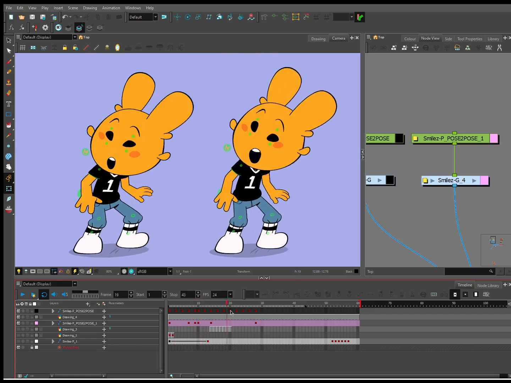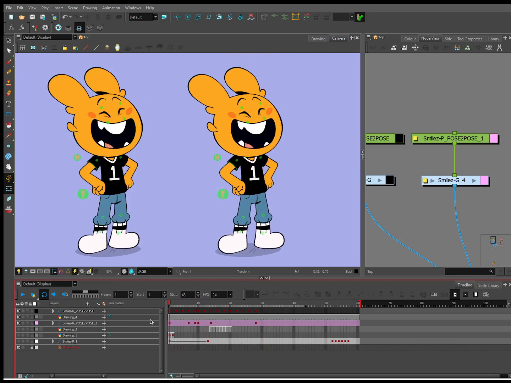So we're going to take this little bounce, and this is the type of keyframes I like to do. By keyframes, I mean breaking down the core parts of the action. Terminology isn't that important. It's the execution.